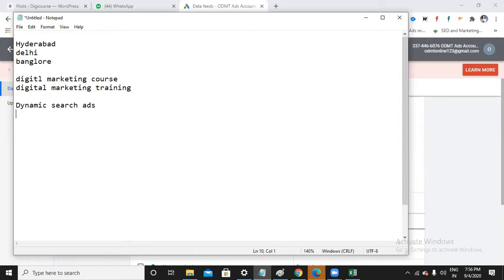Here also I can define what exactly I want to show in my headlines. That is what you can give in the page feed. Let's say in my website I have multiple pages, multiple posts, multiple tags and feeds. Everything it will track and review, and finally it will give some headlines. It may not be appropriate for some users, yes or no? Could you guarantee that the dynamic search ads created by Google will be relevant for the audience? Tell me.